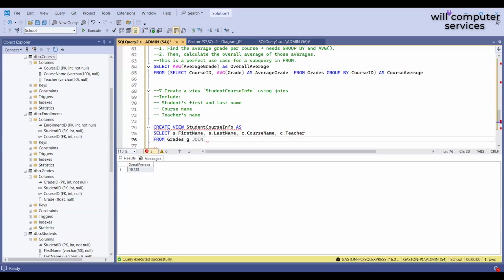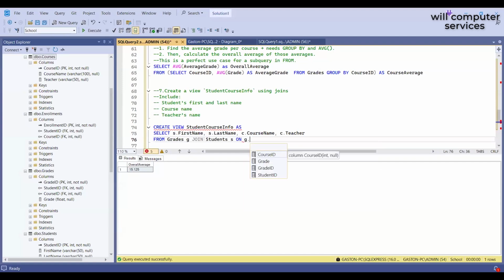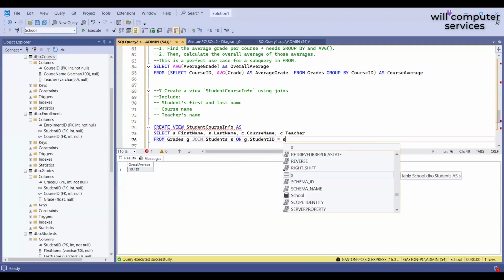Join the student table for now, student S on student ID. Yes, they can be joined on student ID, right? Yes. So student ID, I mean, it will be G dot student ID equals S dot student ID,